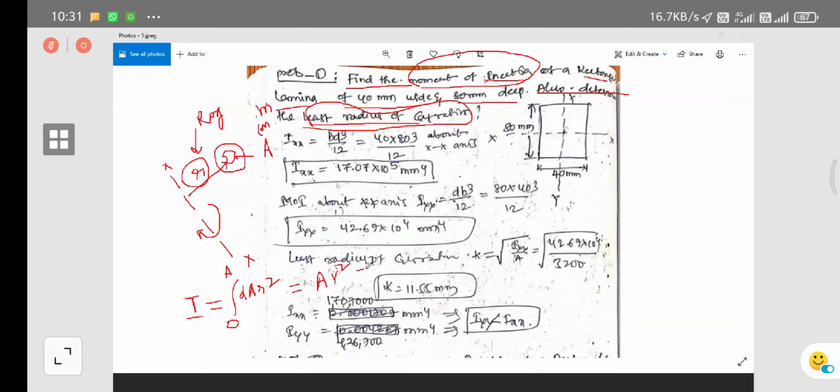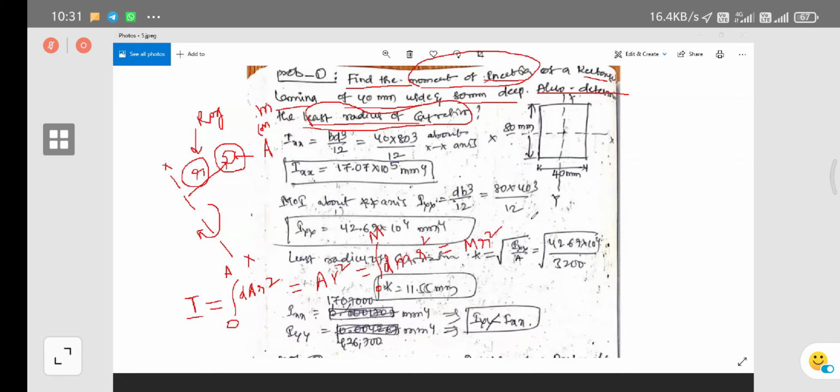If it is a mass object, dm is the elementary mass of the particular object. If you integrate this elementary mass between 0 and M, where capital M is the total mass I have assumed, and small r is the perpendicular distance, how much moment of inertia are we going to get? If you apply 0 to M limits, you get M r square, which is your total mass moment of inertia.